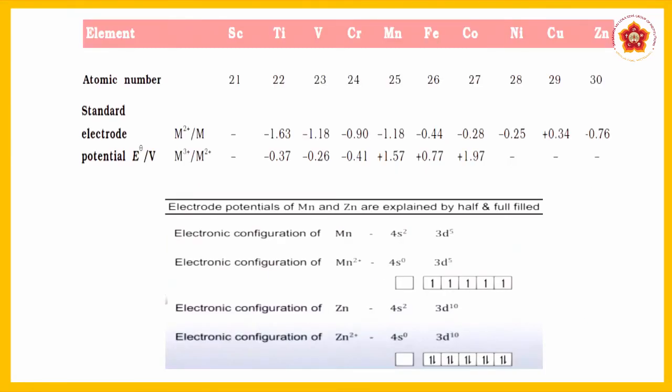Here also we have these electrode potential values, and when you see M plus 2 to M and M plus 3 to M plus 2, what does this mean? The first row values indicate the plus 2 ions that are present. The second row indicates the plus 3 ions. Now, we have to understand why manganese has a negative value in the plus 2 state, whereas it has a positive value in the plus 3 state. So, let us understand this factor for understanding the overall conditions.